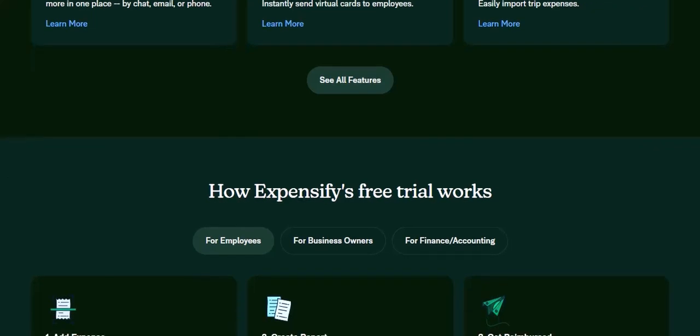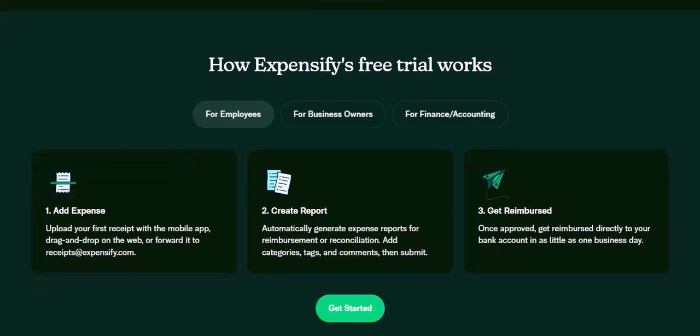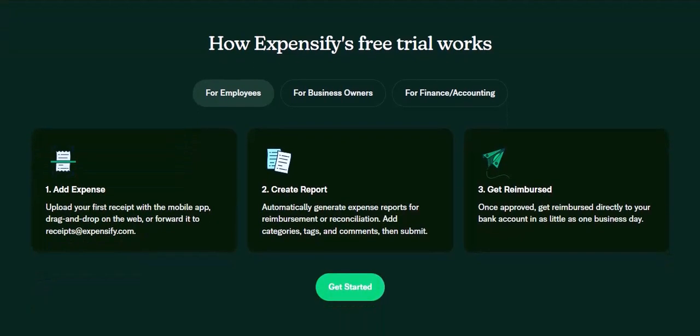By following these methods and tips, you can effortlessly upload your PDF receipts to Expensify. Whether you prefer the web portal, mobile app, or email integration, there's a solution for everyone. With Expensify, you can streamline your expense management process and